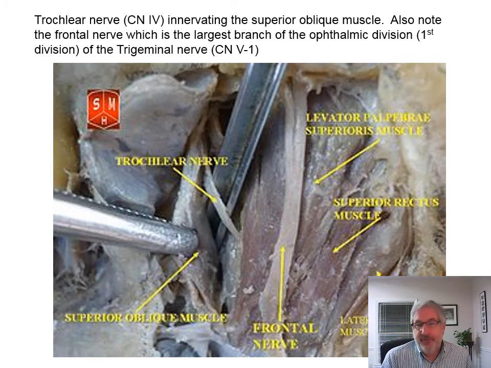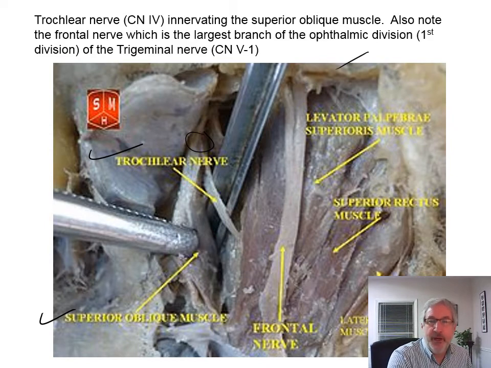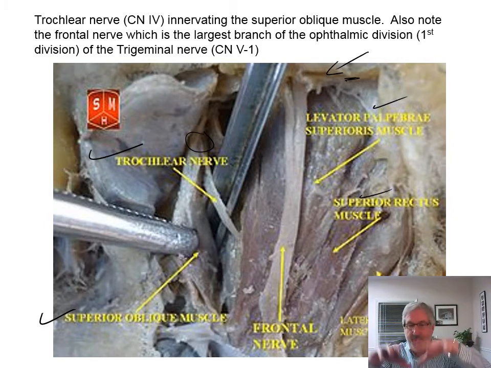So here's a cadaver showing the trochlear nerve and the superior oblique. Here's the superior oblique and the trochlear nerve together, so you can see them coming together up here, and the eyeball will be up there. And here's the levator palpebrae superioris muscle that's going to the upper eyelid there. So that's the upper eyelid. It's going to be up here, and the superior rectus muscle here. So we're looking down on the top of the eye here, from a posterior view looking towards the front